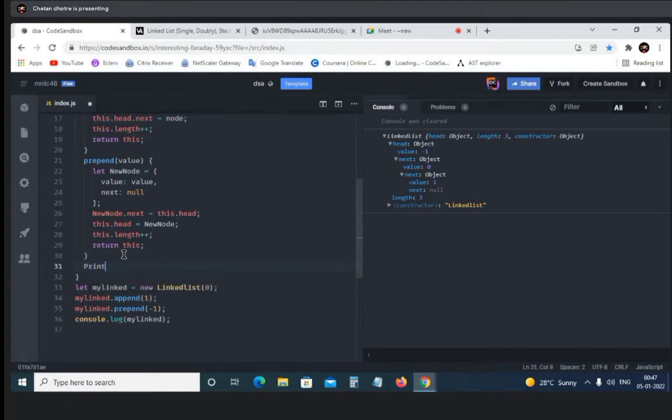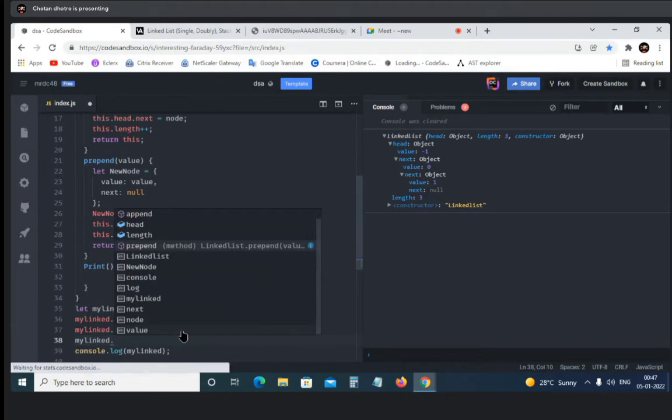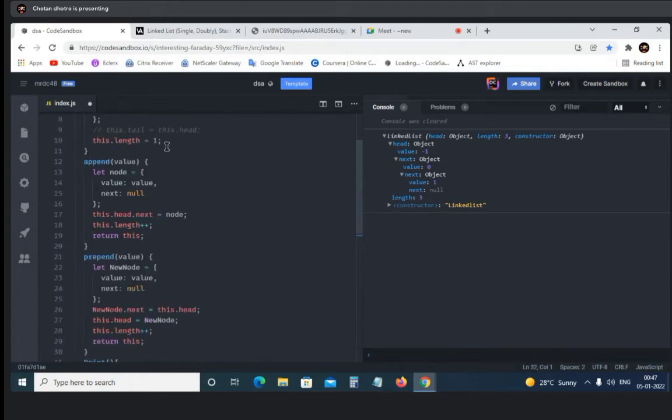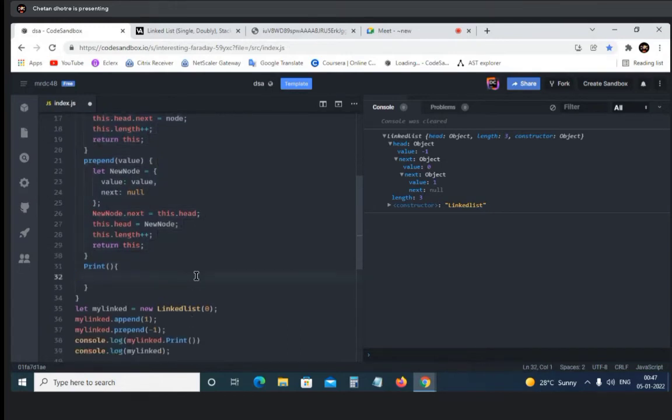So I'm going to name it print, and inside the print, before that, let me just call that as well so we can easily track the data. I think I need to console this as well in order to show you all. Now inside the print, we have to push the elements inside a new array in order to show you.